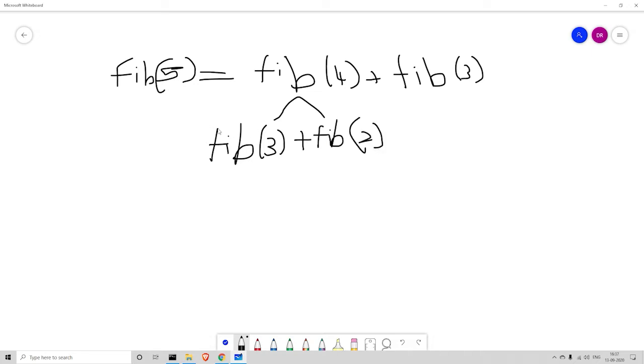The fourth Fibonacci term is the sum of the third and the second Fibonacci term. What's the third Fibonacci term? We know that the third Fibonacci term is the sum of the second and the first Fibonacci term.